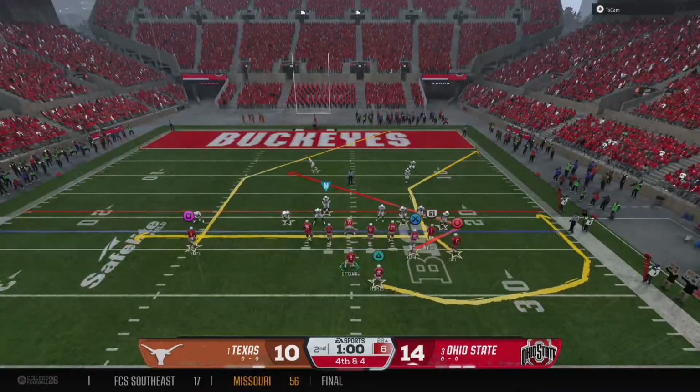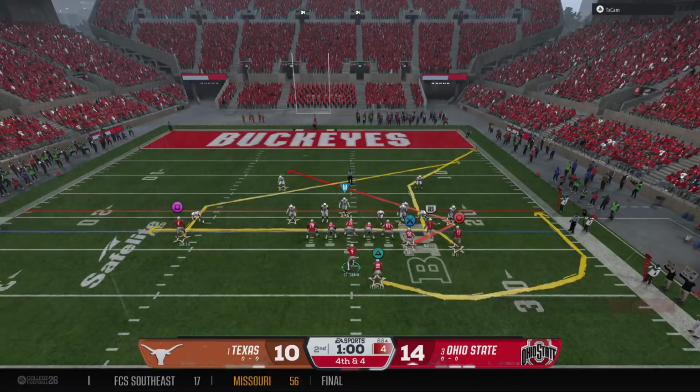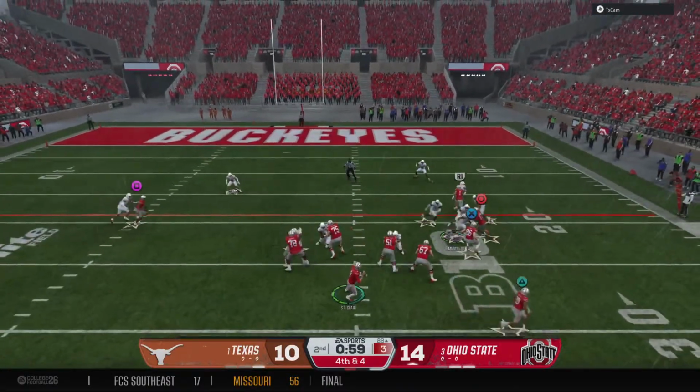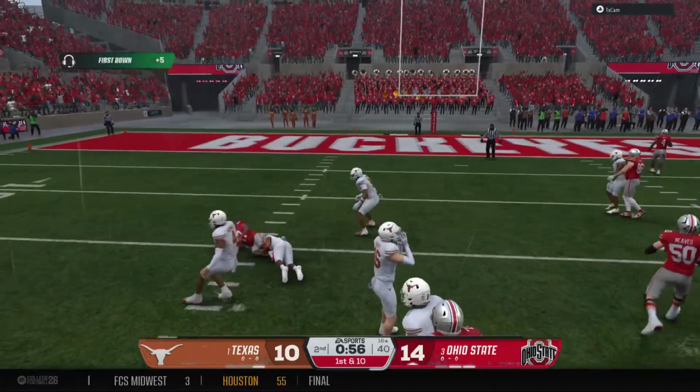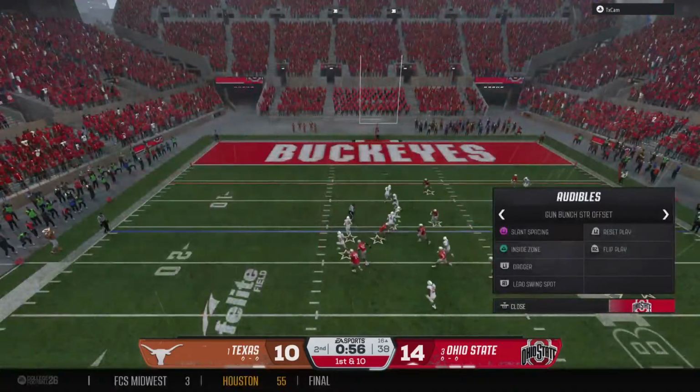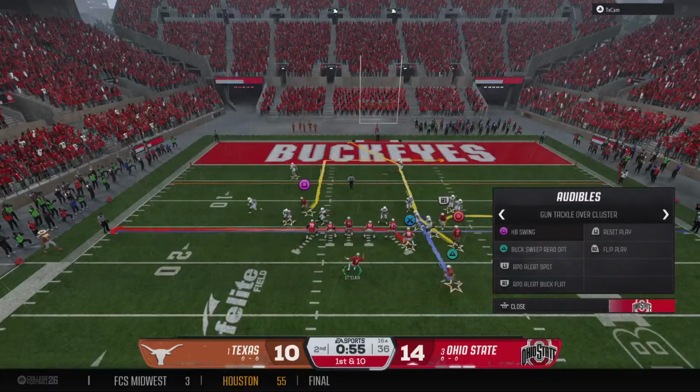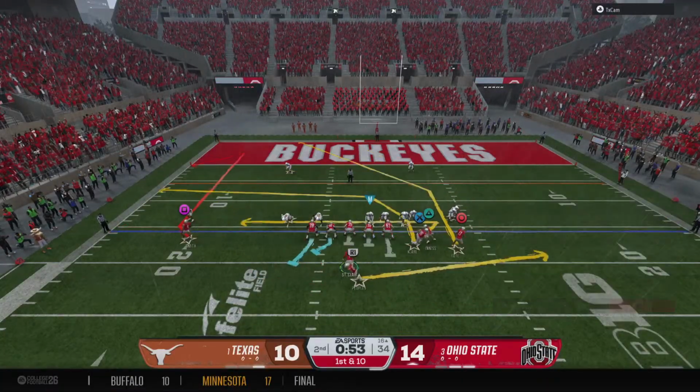The coach decides no field goal attempt. The offense is out there to go for it on 4th down. Dropping back, it's St. Clair. Makes the catch, and that is enough for a first down. Brought down, but it's past the line to gain. The Buckeyes have 1st and 10 here.